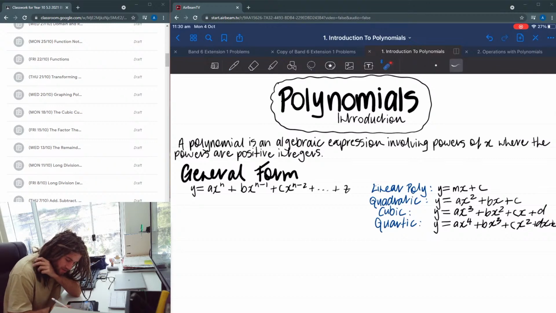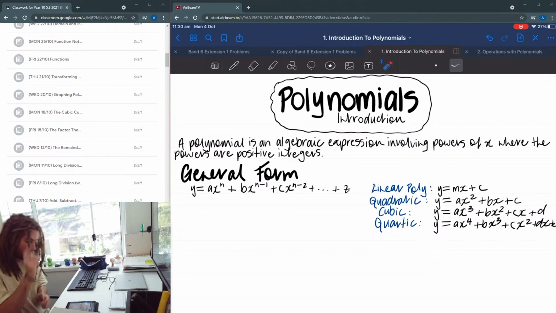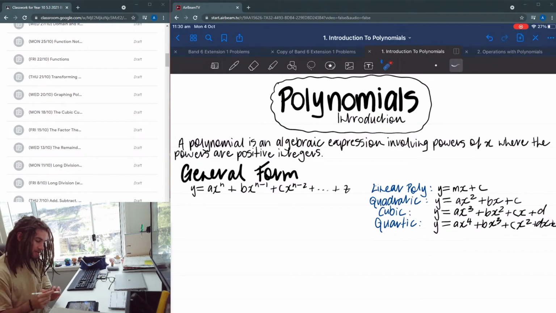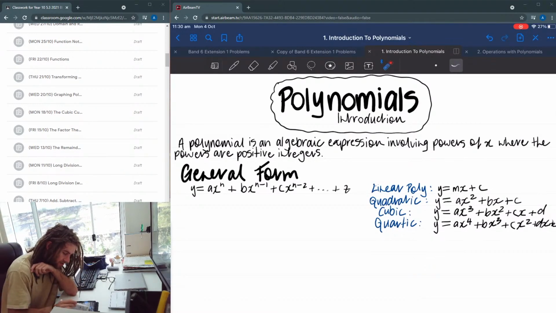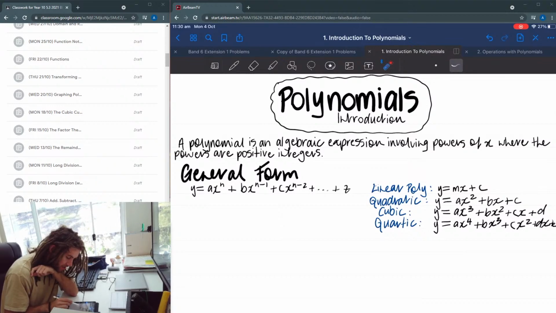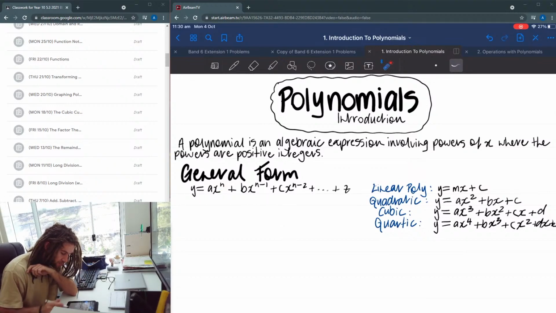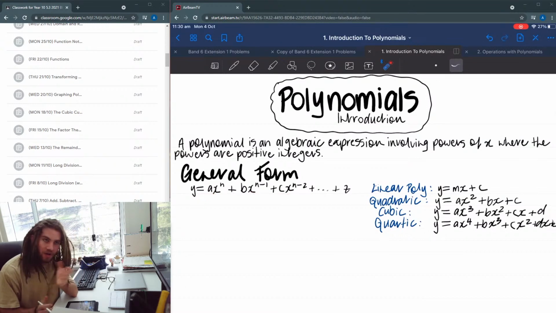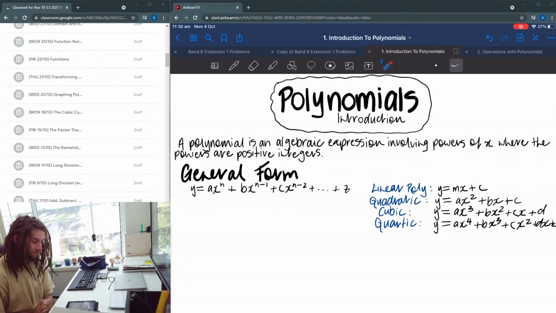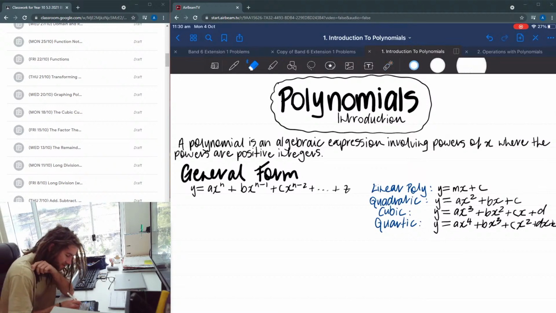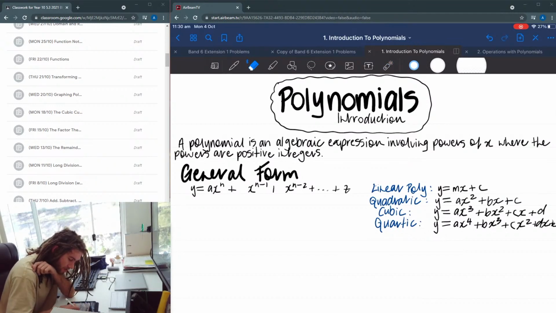I guess another thing you can notice is, remember when we used to say mx plus b? That's kind of why, because I've got b, c, d, e. That's kind of why they did that, but then we changed it to c for zero reason. So anyway, now with my general form, it's a little bit counterintuitive because I'm saying that n could be anything, and this could be as big as possible, and I've used a, b, c, and that's a finite set of letters. So instead, what I'm going to do is, instead of using a, b, c, I'm going to use